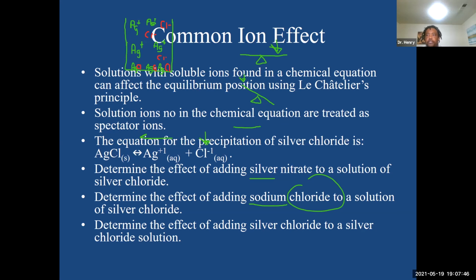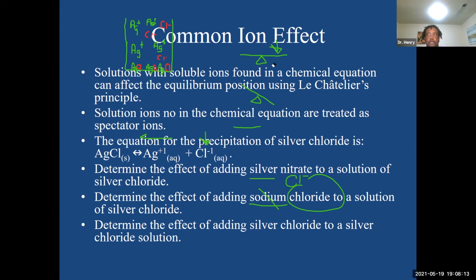Why does it start out on the product side? It starts off on the product side because we have sodium chloride. Sodium doesn't do anything. So as soon as sodium chloride hits solution, that salt dissolves, right? So then all you're adding is a Cl minus. So you're adding more Cl. You're just adding some extra Cl. So in other words, you're adding more on this side to kind of push it down,